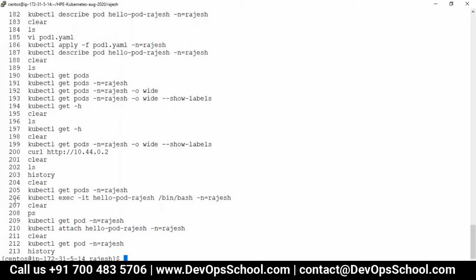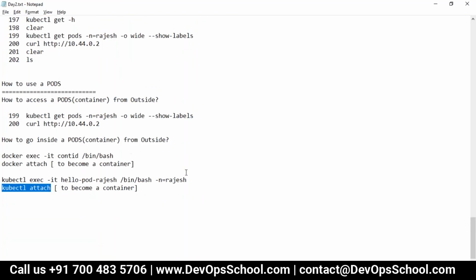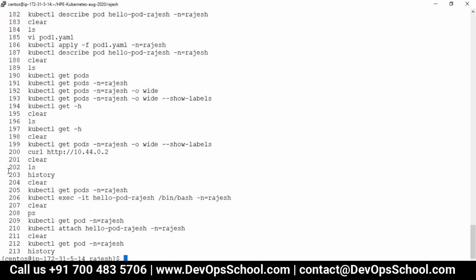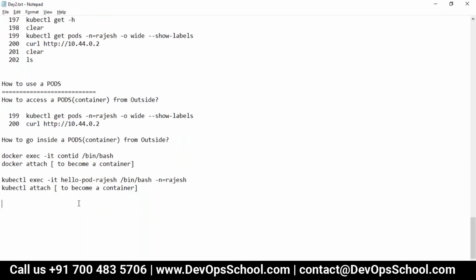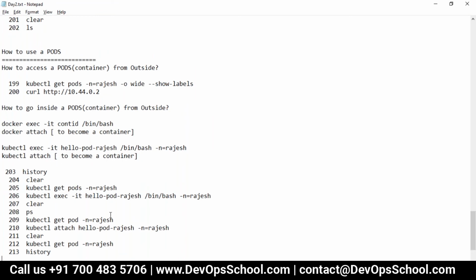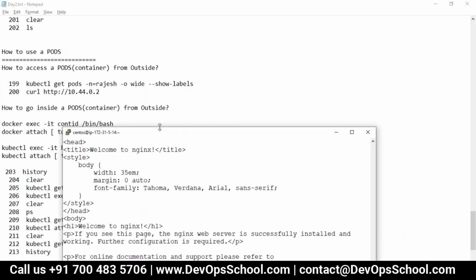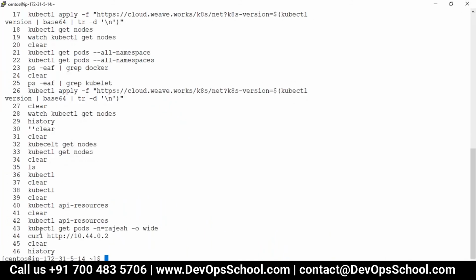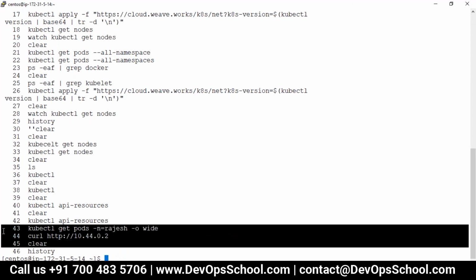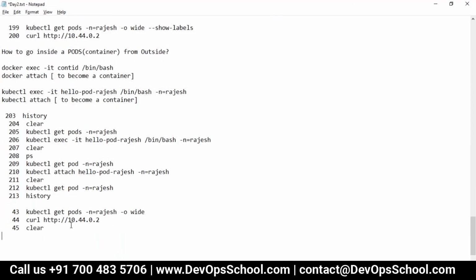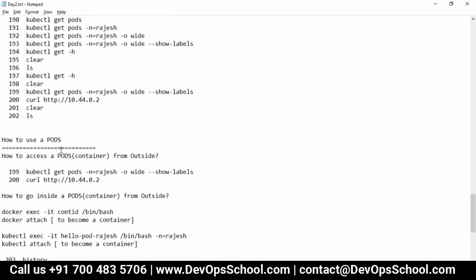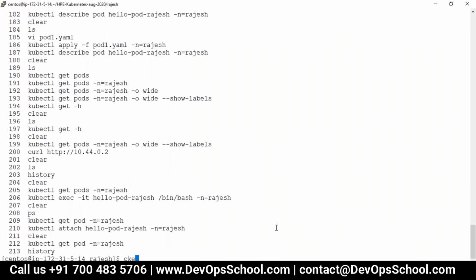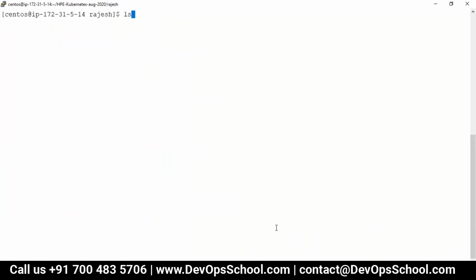These are the commands I ran here to understand this, and some of the commands I ran here also. Did you understand how to use the container pods manually? Make sense, guys?